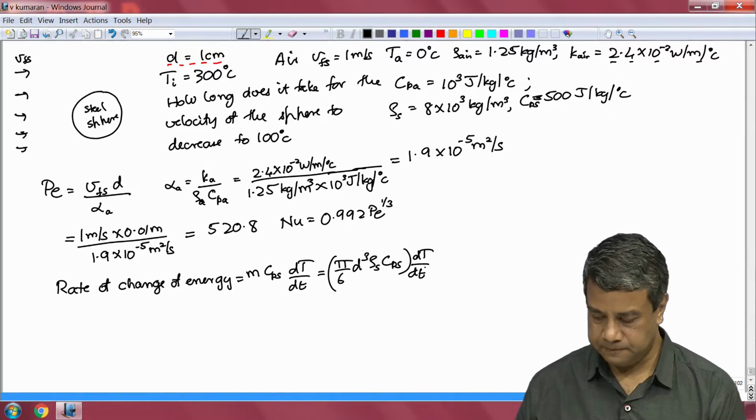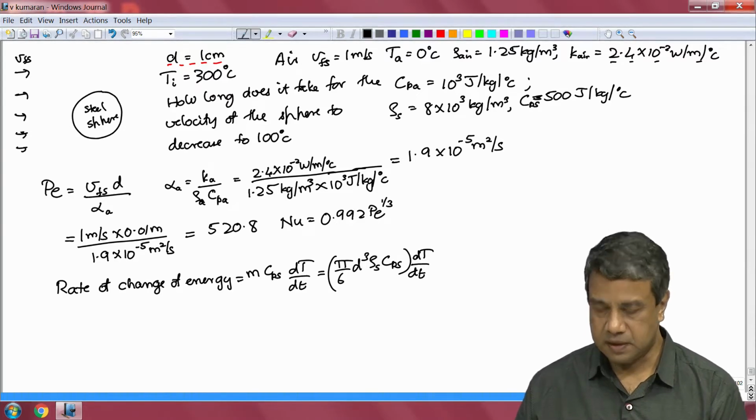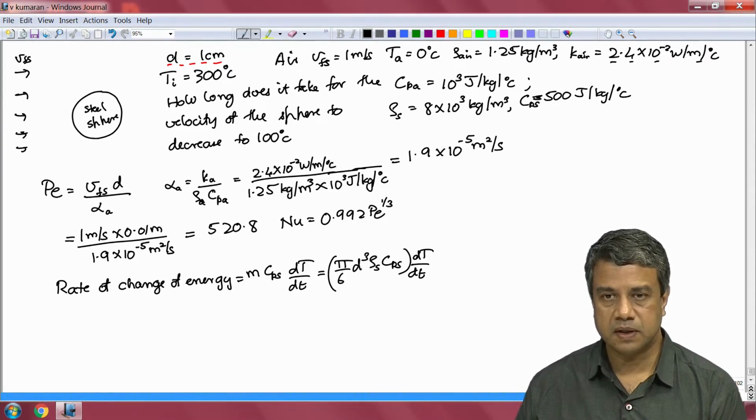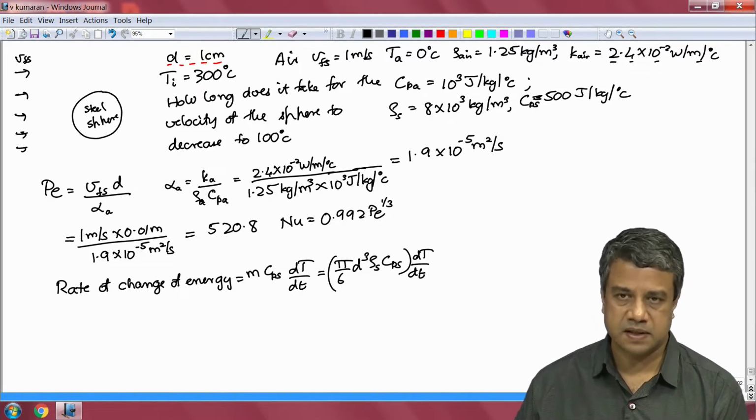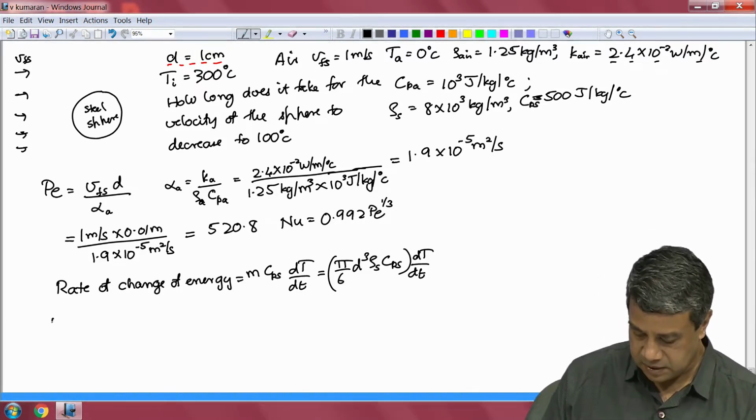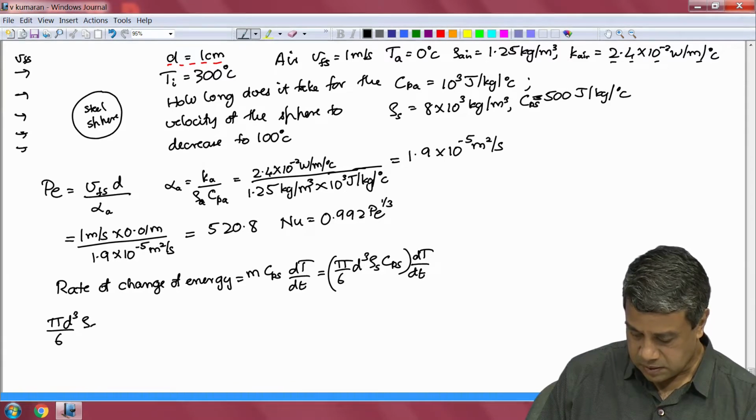This has got to be equal to the energy transfer rate out of the sphere, which is the flux times the surface area. So, I will get pi d cubed by 6 rho s Cps dT by dt